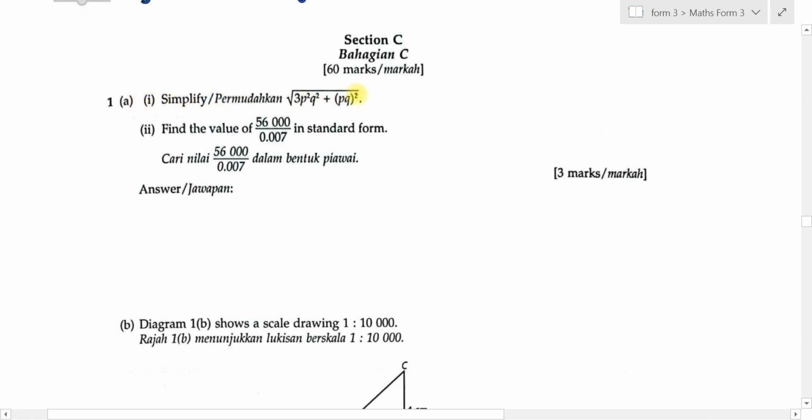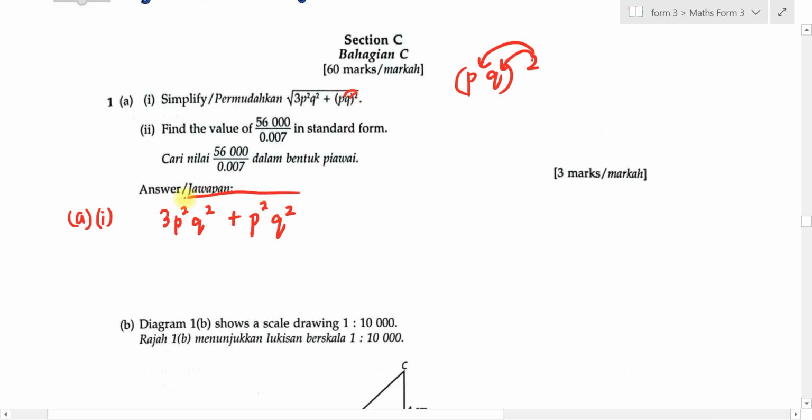A1, simplify this. Shouldn't be a problem. Okay. 3p square q square. When it is divided by pq square, it means you need to distribute the power evenly to everyone. So plus p square q square. You distribute the power. Okay. So then, this is p square q square, this is also p square. This is 1p square q square. Totally 4p square q square. So